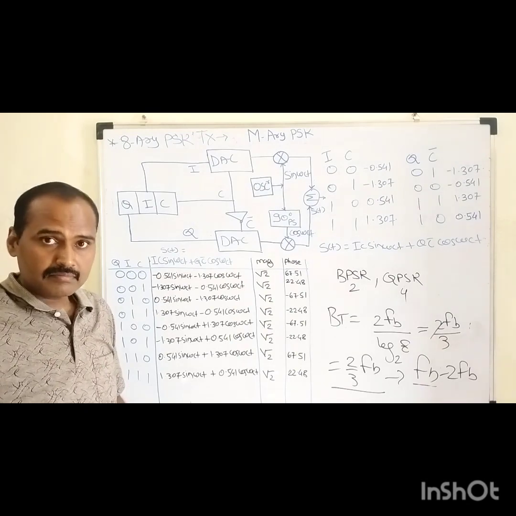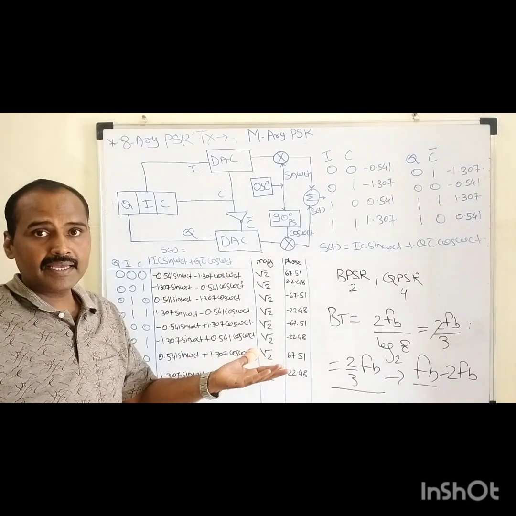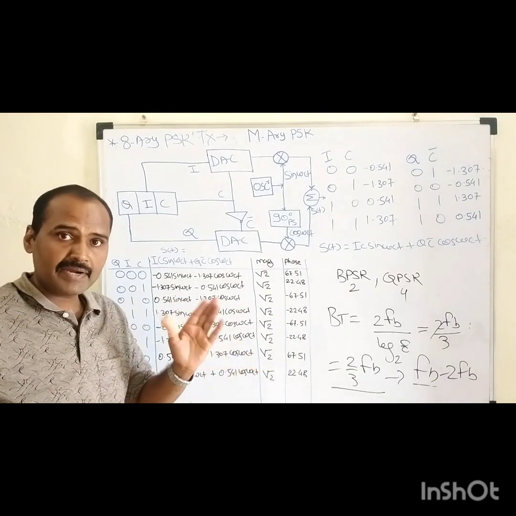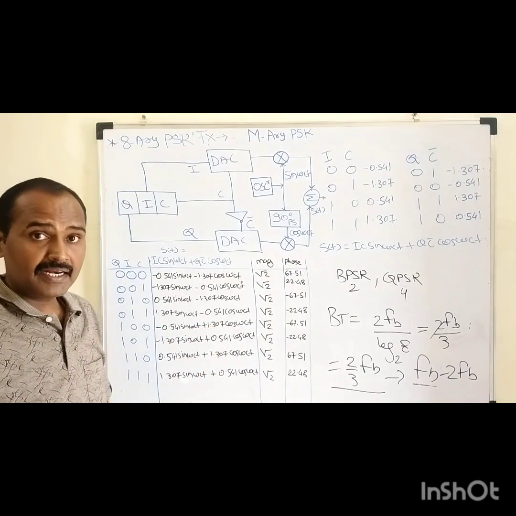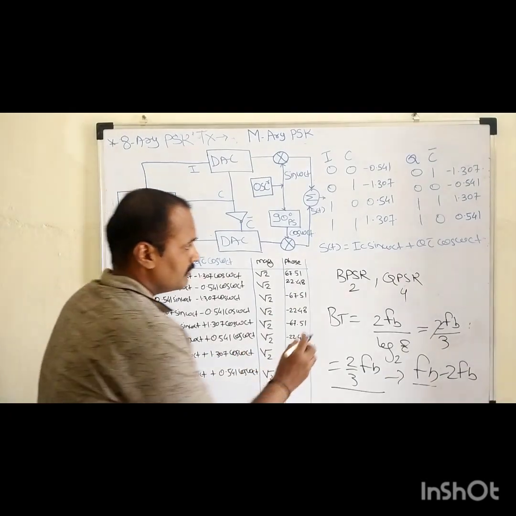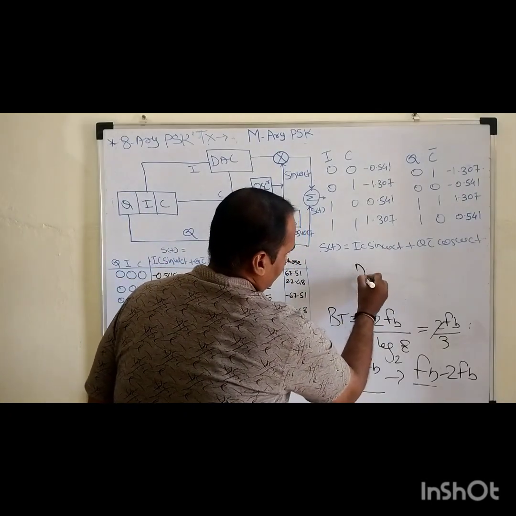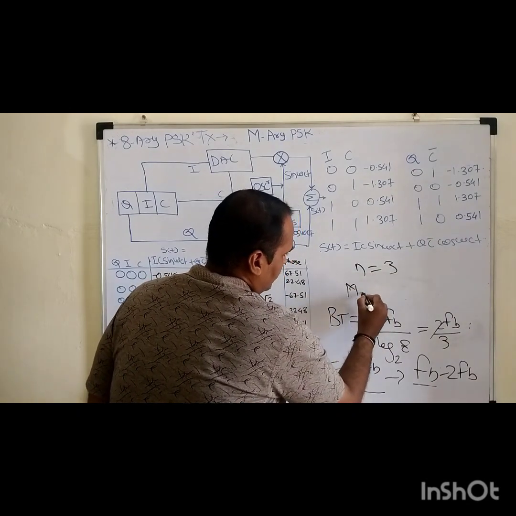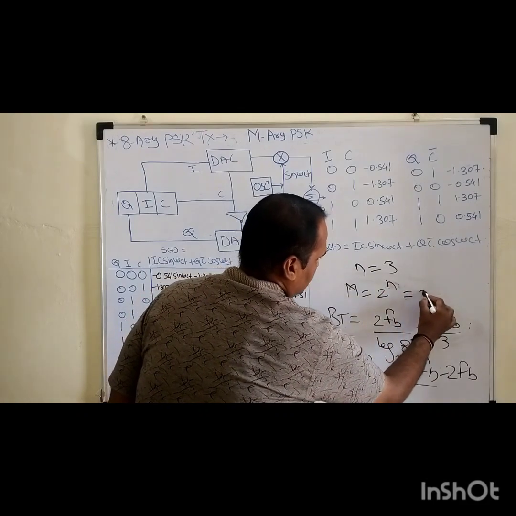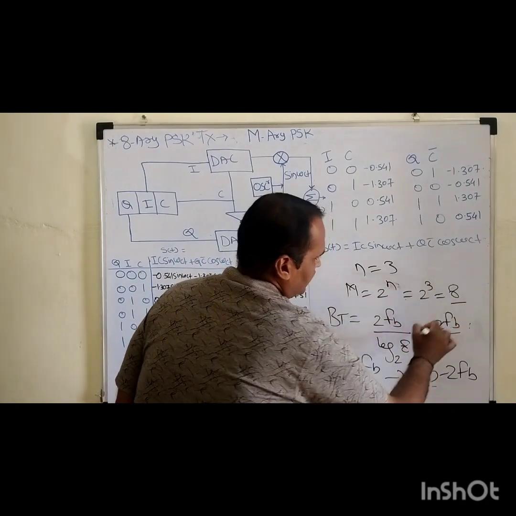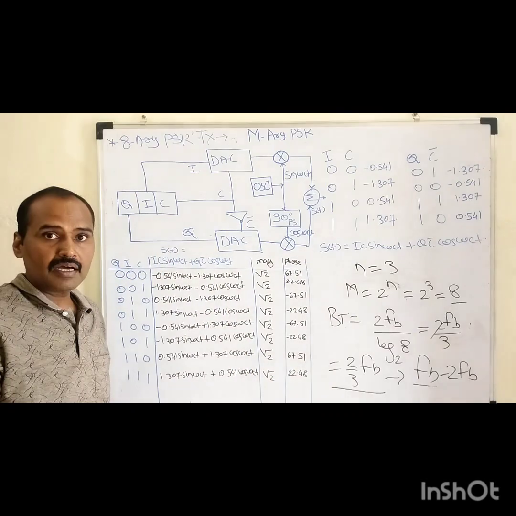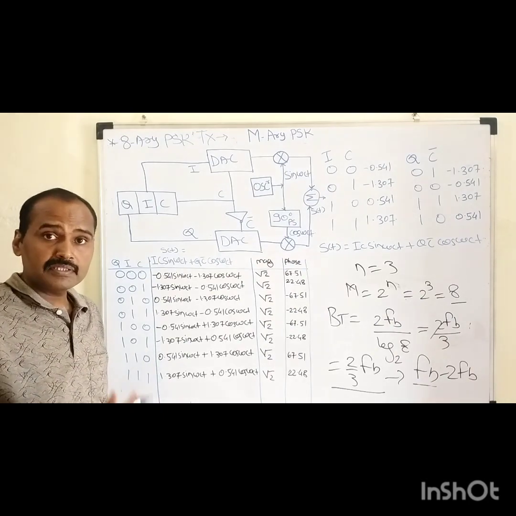Now, as we are supposed to generate 8 different symbols, right? These 8 different symbols are generated with the help of finite binary bits. So if the number of binary bits needed to generate the 8 different symbols is exactly 3, that is, if suffix n equals 3, then the number of symbols equals what? 2 to the power n, right? Now when n equals 3, 2 to the power 3, so 8 different symbols we need to generate, right? Now this is how these 8 different symbols are denoted with the help of 3 binary bits,